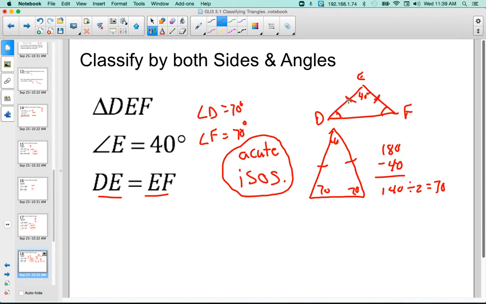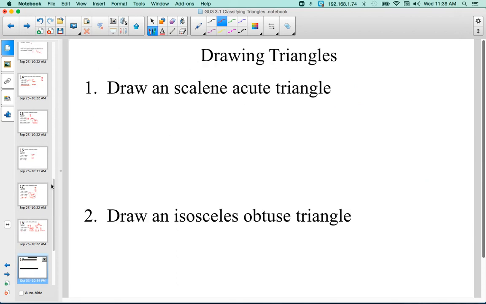Okay. But drawing an isosceles triangle does help me get to that point where I know what it looks a little bit better. All right. Drawing triangles says draw a scalene acute triangle. A scalene acute triangle. So in this case, I would draw a triangle with all three angles acute and all three sides different lengths. So we'll go,